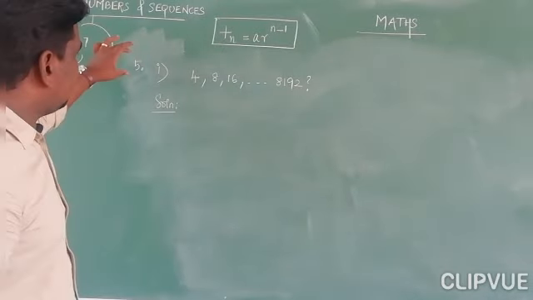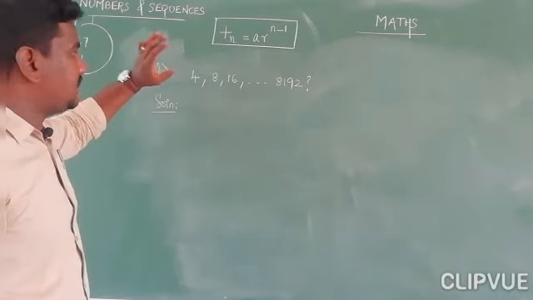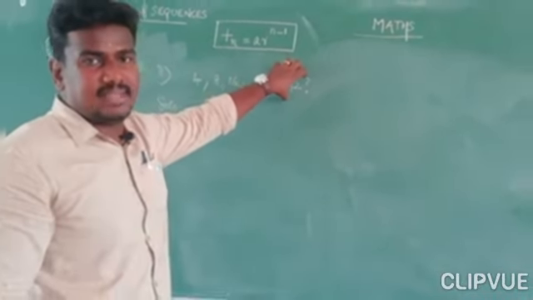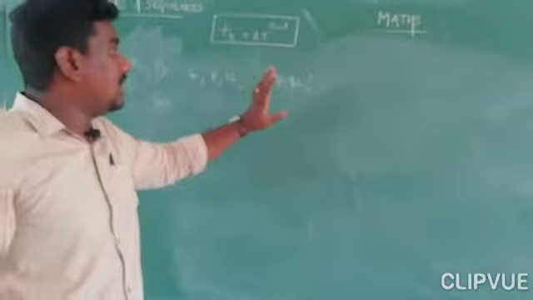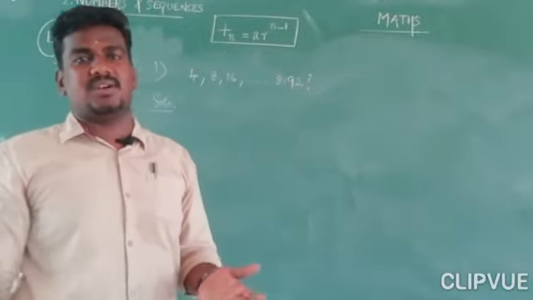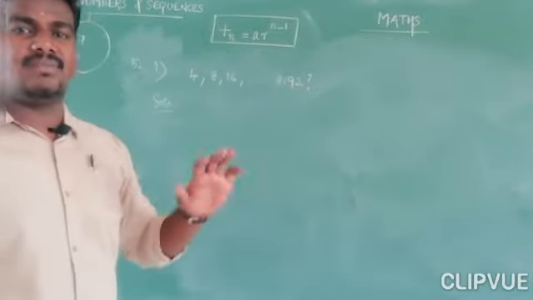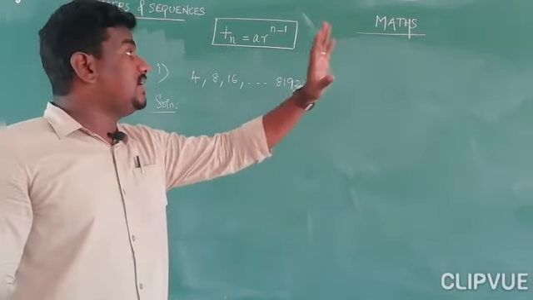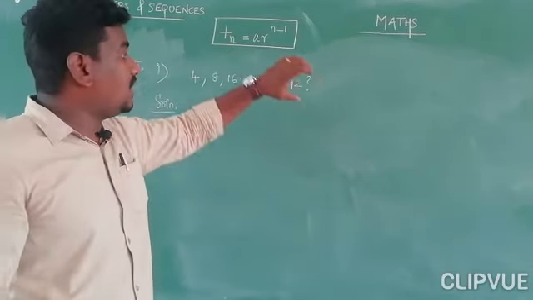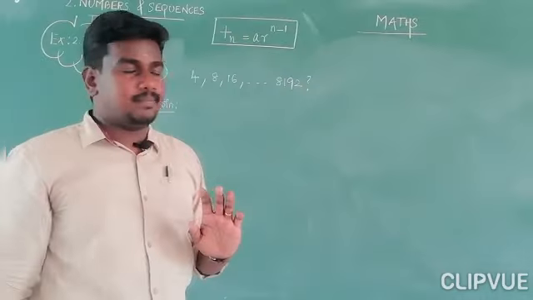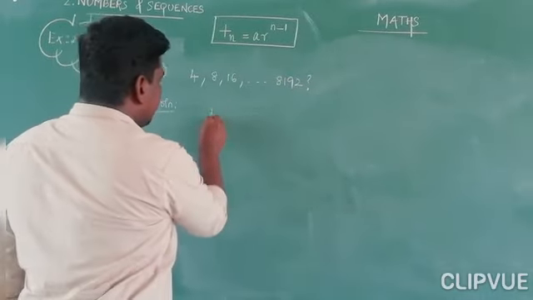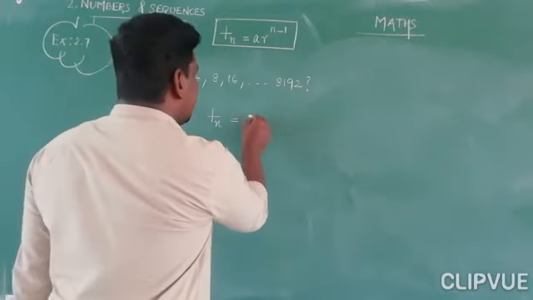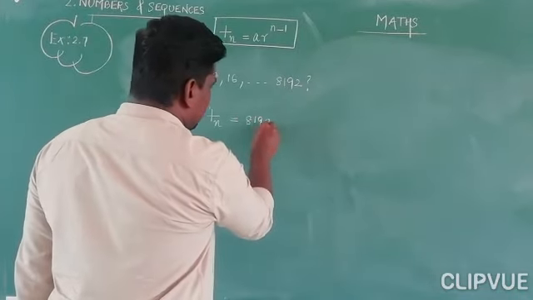Okay, next question, question number 5, first subdivision. This is a GP given clearly, and this is the last term, it means Tn of the GP. They asked to find how many terms are in the GP. It means the number of terms. You know that this is the first term, second term, third term, like that. How many terms it contains, and the last term is 8192. So this is Tn or last term L. So Tn is equal to 8192.